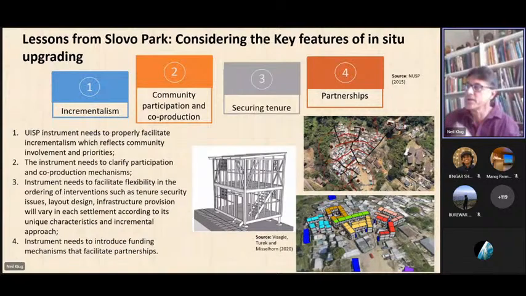The instrument needs to clarify participation and co-production mechanisms. The instrument needs to facilitate flexibility in ordering of interventions such as tenure security issues and layout design, and to acknowledge that infrastructure provision will vary. The instrument needs to be determined by each settlement according to its unique characteristics and incremental approach. Here's just these graphics on the side here of a